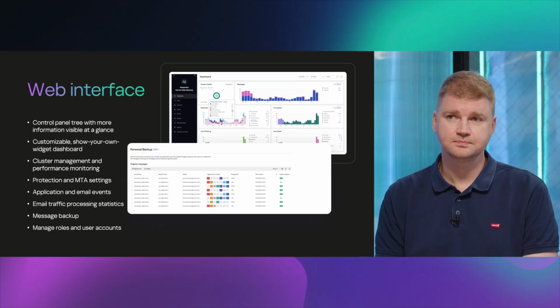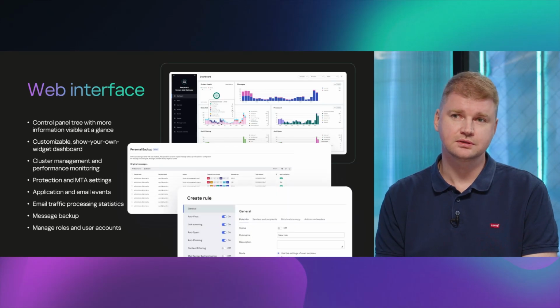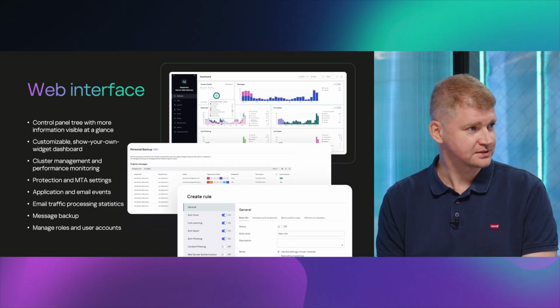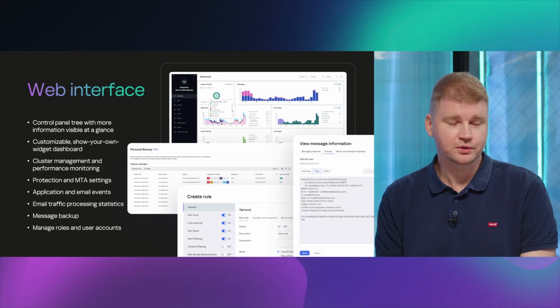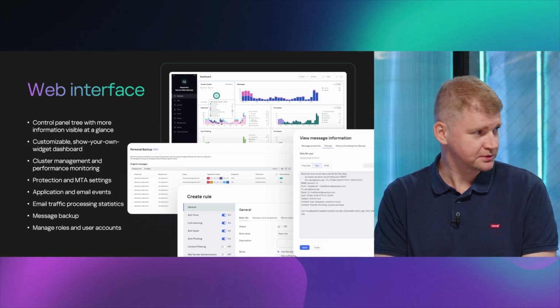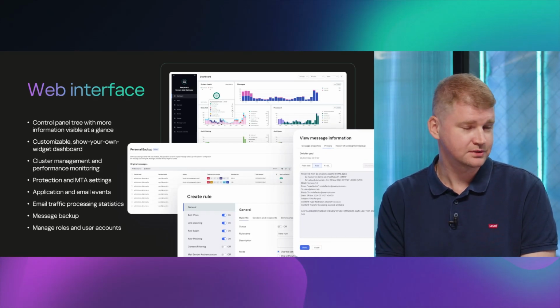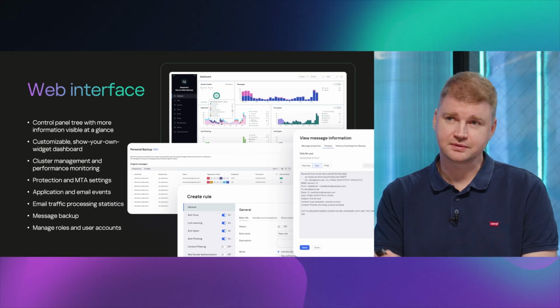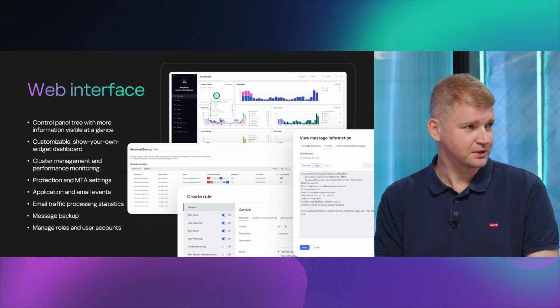I think it's worth showing the interface itself, because we spoke a lot about examples of threats, technologies, the product itself. Now I think it's time to show how it actually looks.